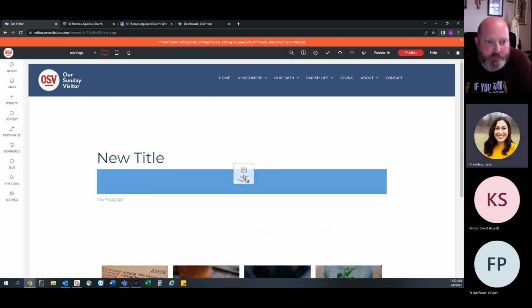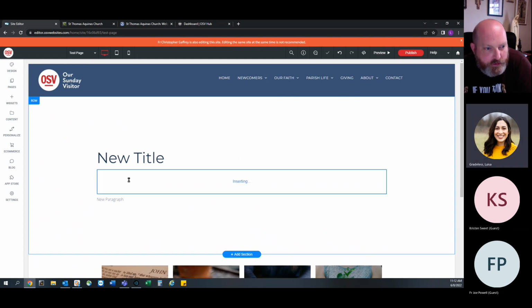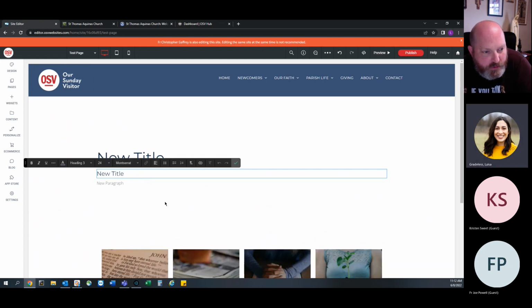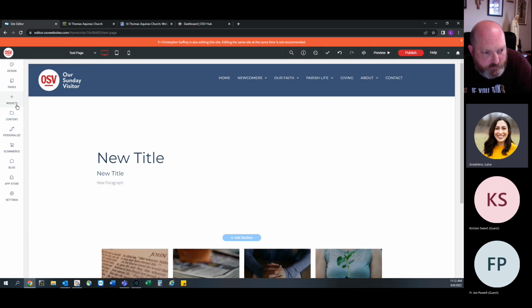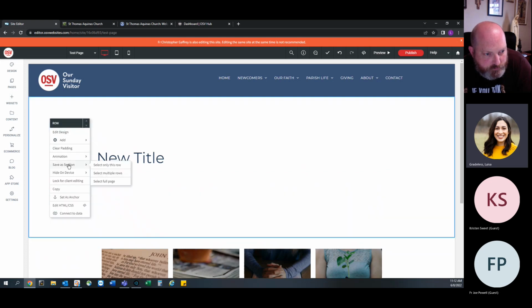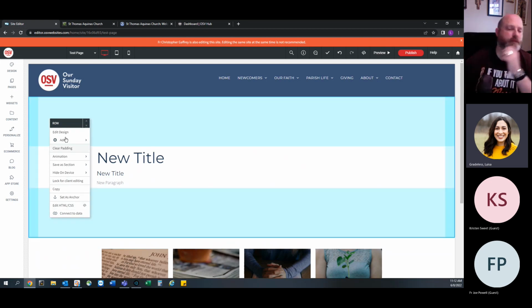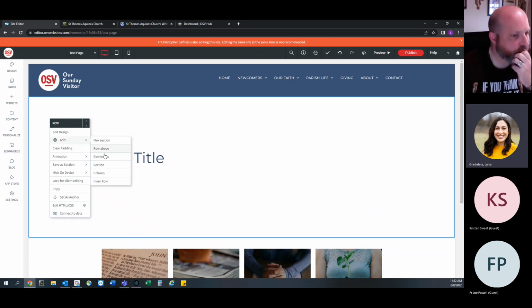And as you saw, did you see how it kind of divided it in half for me? Yes. So that is a column. What a column does in a row is it divides it evenly for you. So here I have one column, so essentially I'm adding all my text into this one column. If I right click on this row, I can see all the settings for a row. Okay. When I add a column,